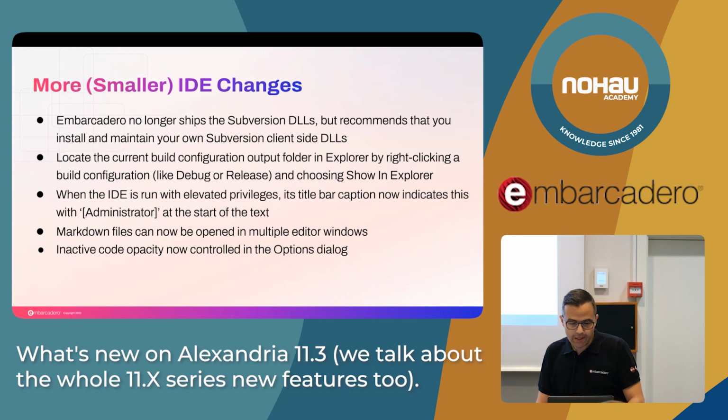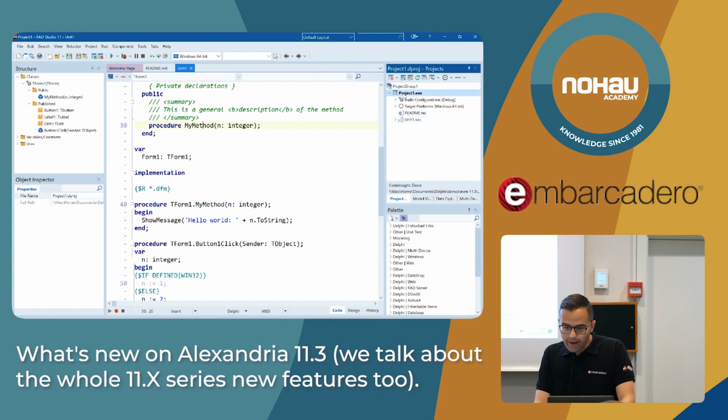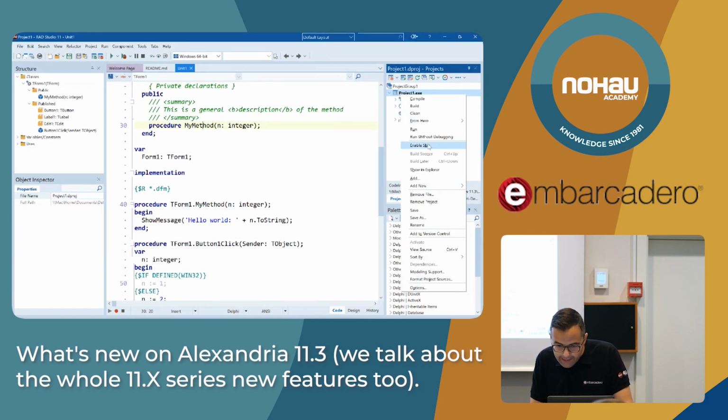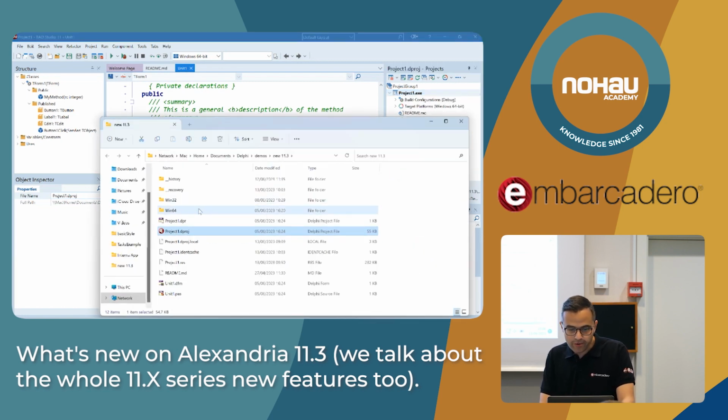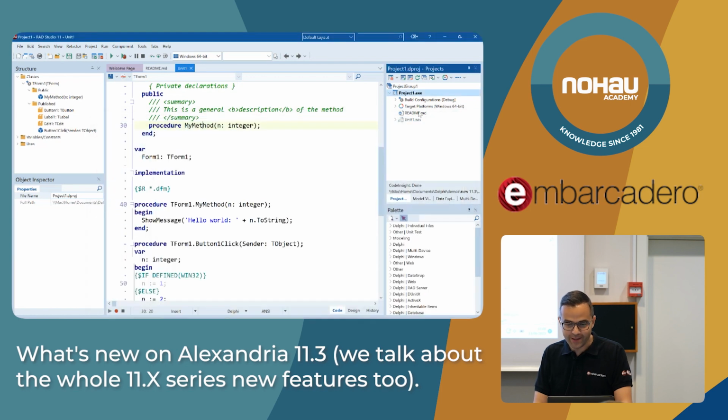One that I really like, and it's such a little thing, but I don't know if you've been there, but I've been there a million times. If you're developing a multi-platform application and you want to go to the binary that has been compiled, before you had to right-click here, go to show in Explorer, then it opens the window. You have to go to the platform, get in. If it's debug, if it's released, that was a lot of time wasted